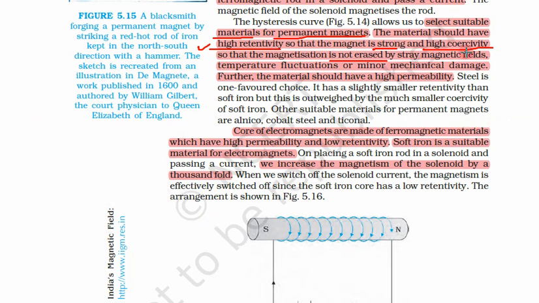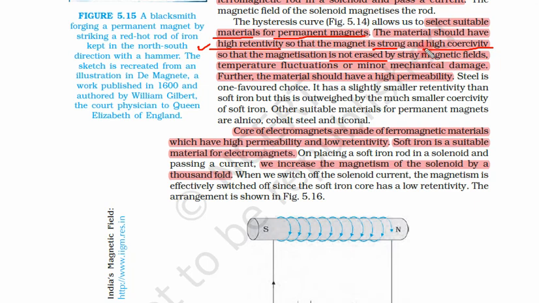Now the second thing is high coercivity. What we have seen is that even though H is equal to 0, B is not equal to 0, but when H is reversed, there comes a point, at some value of negative H, where B becomes 0. That means if the field is opposite, this becomes 0. So we want this number to be very high. That means only a very strong field can remove the magnetization. We don't want any little field to make the magnet go away. So we need this high coercivity.